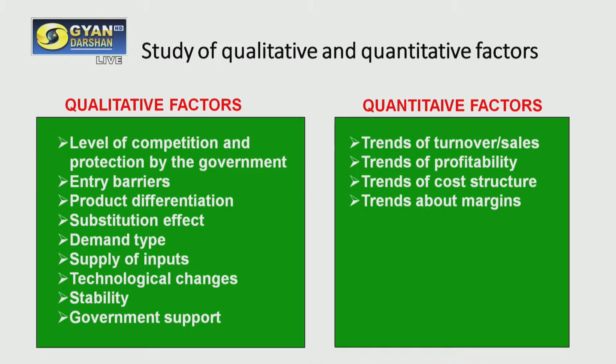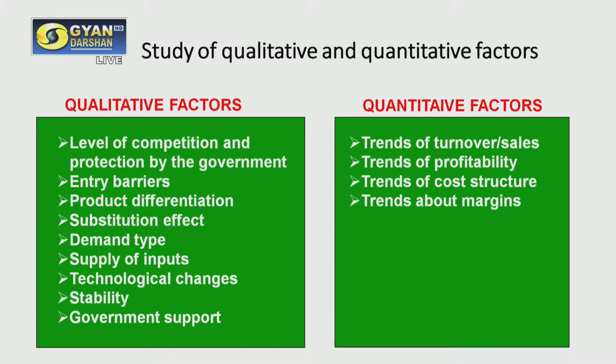सो अंडर इंडस्ट्री एनालिसिस वी डू समथिंग लाइक दिस ओनली, कि हम ये पता लगाते हैं कि इंडस्ट्री कौन सी स्टेज पे है, हमने स्टेज आइडेंटिफाई की, उसमें फ्यूचर प्रोस्पेक्ट्स हैं या नहीं है, यह आइडेंटिफाई करते हैं, फिर हम आगे बढ़ते हैं। इसी तरीके से हम इंडस्ट्री एनालिसिस में क्वालिटेटिव एंड क्वांटिटेटिव दोनों फैक्टर्स को देखेंगे। क्वालिटेटिव फैक्टर्स में व्हाट विल बी देयर, लेवल ऑफ कंपटीशन एंड प्रोटेक्शन बाय द गवर्नमेंट, एंट्री बैरियर्स, प्रोडक्ट डिफरेंशिएशन, सब्स्टिट्यूशन इफेक्ट, डिमांड टाइप, सप्लाई ऑफ इनपुट्स, ये सारे क्वालिटेटिव फैक्टर्स हैं।